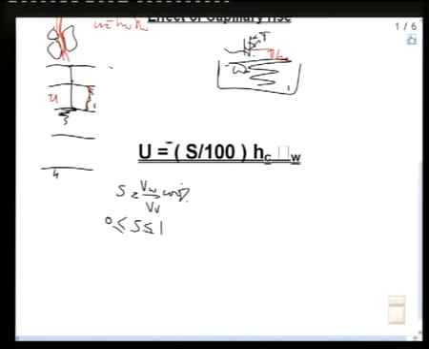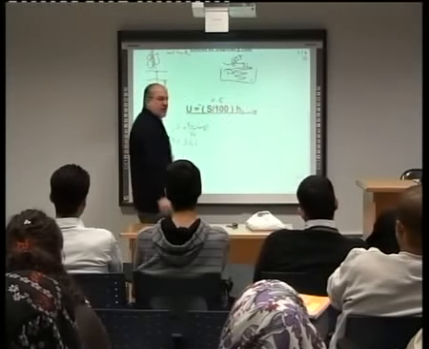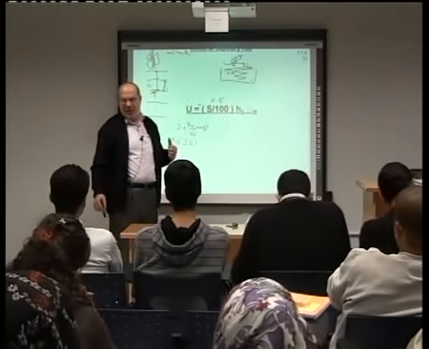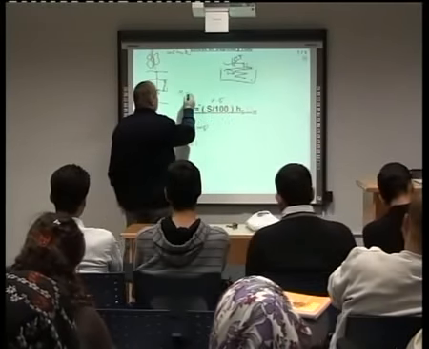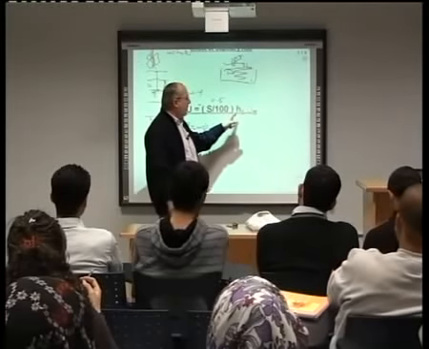We know it. So S as 100%: S divided by 100. When I tell you, for example, that S is 50%, you just put 0.5, like this. Don't put 0.5 divided by 100. If I told you that S equals 0.4, don't divide 0.4 by 100. It's already ready. So S divided by 100 means as a percentage, multiplied by